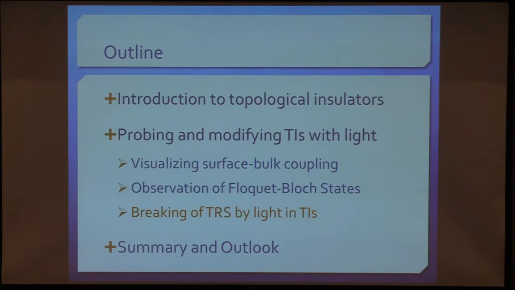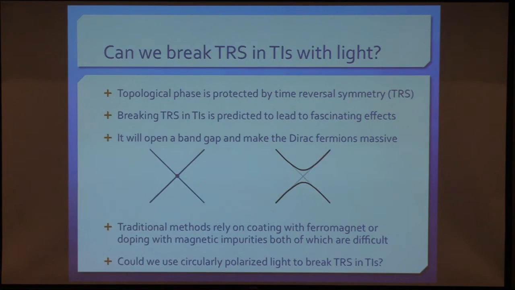So the last thing that I want to tell you is the following. It's great that we can see these states, that we can put the light in there and we can make these hybrid states of electron and light. And then the question is, can we mess with the topology of the topological insulator? How do you mess with the topology, or why do you want to do that? As you remember, I told you that this crossing point is protected by time reversal symmetry. So if you want to open up a gap, you really need to put some kind of magnetic field or